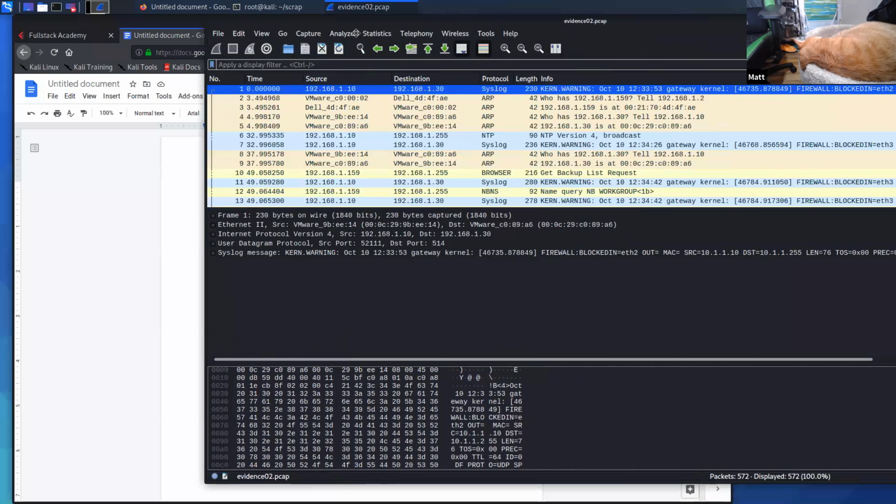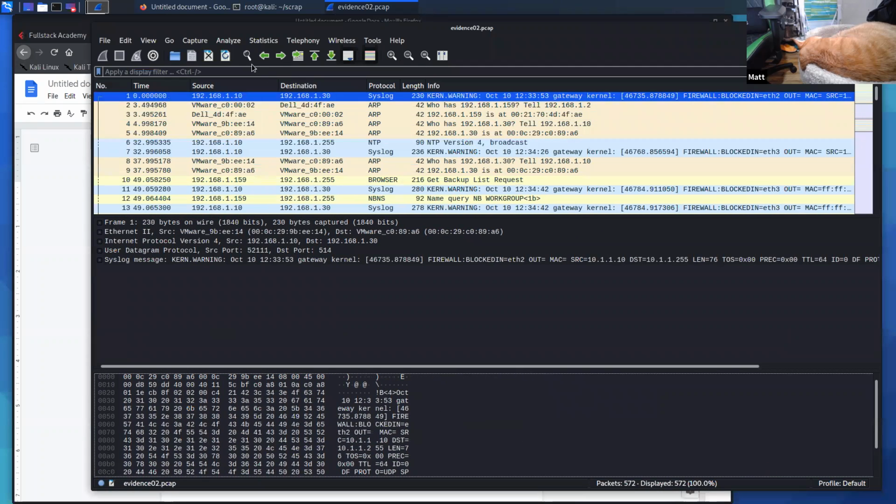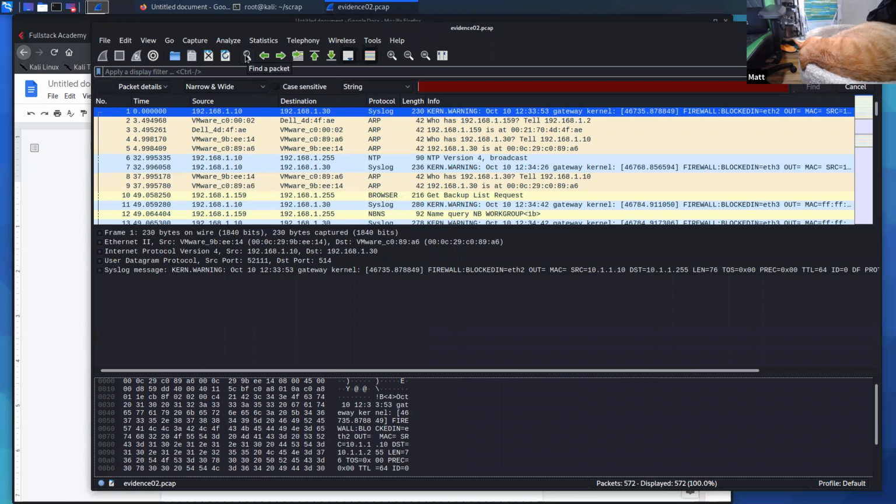And how did we do this before? I know we did it before. I think the easiest thing to do was to quickly use the find packet, right? This magnifying glass right here. Before I even walk through that, the important things I want you to be aware of and look right away